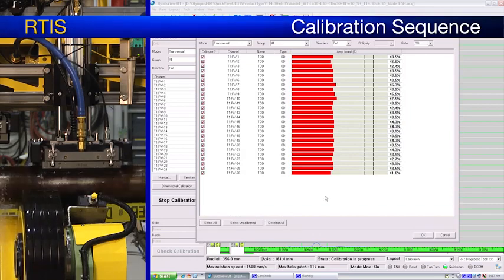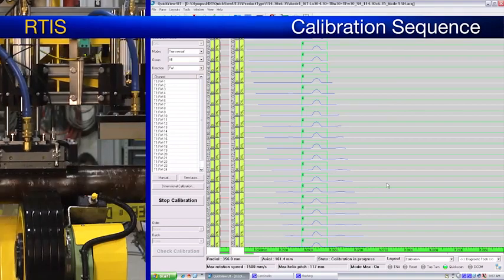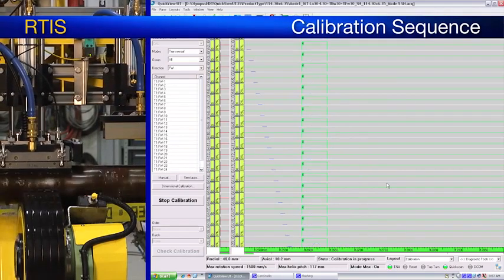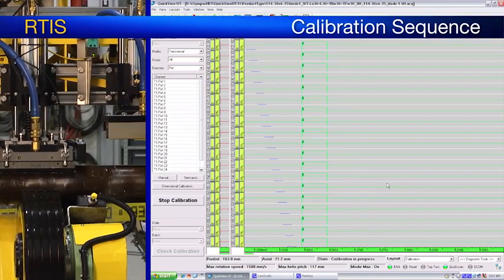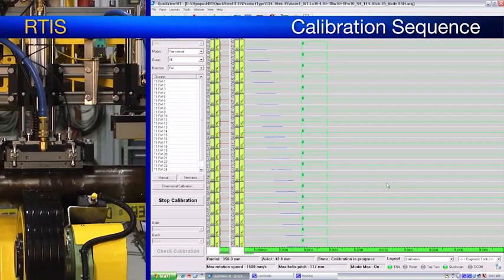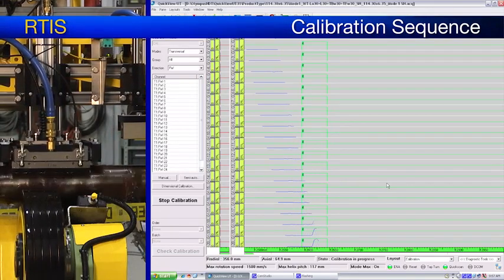The operator has the choice to manually select which aperture needs to be calibrated, or the operator can select all the apertures at the same time and confirm its choice to the QuickView acquisition software. Once the operator clicks OK, calibration gains are added or subtracted to the corresponding detection gate.